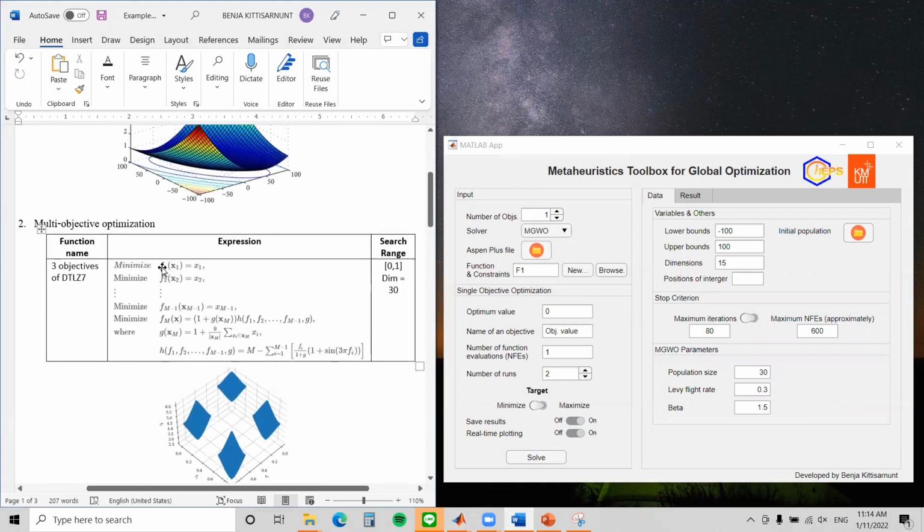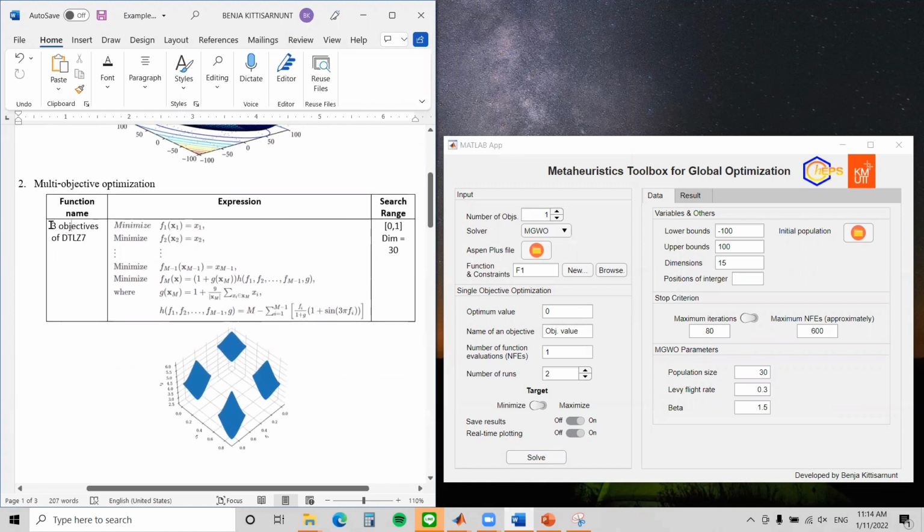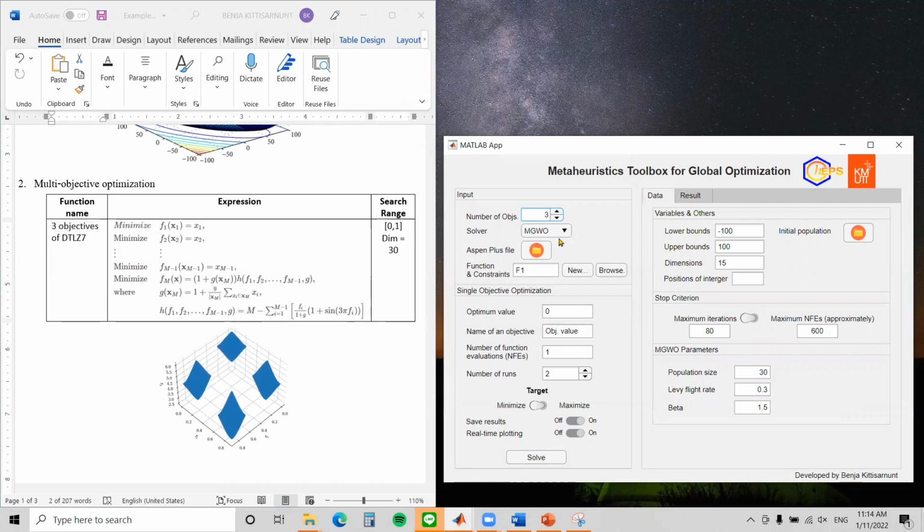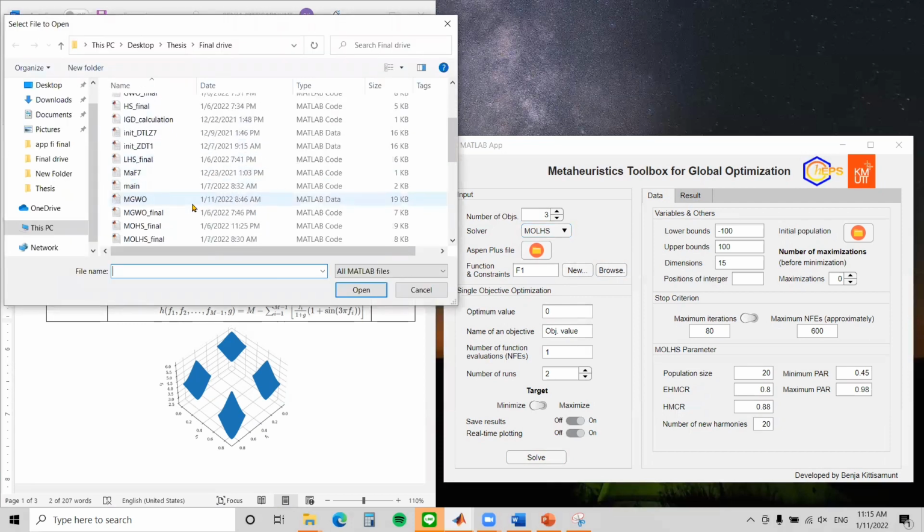And next, for multi-objective optimization, here there are 3 objectives, so we put 3. Also for multi-objective optimization, there are 4 solvers provided here, which are NSGA2, multi-objective cuckoo search, multi-objective LHS, and multi-objective modified grey wolf. Let's choose multi-objective LHS and choose a function file, which is